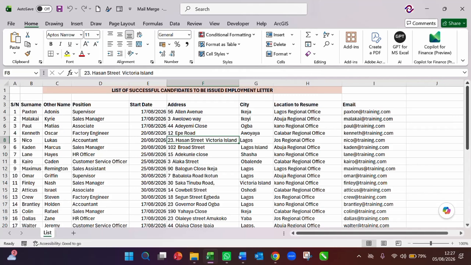What do I mean? If you are working in the office and you want to print a letter to about 500, 200 participants or staff, then you don't have to start wasting time doing it one by one. So Mail Merge is a tool you need to run out all the letters. Now, in creating Mail Merge, there are two files involved. Number one is your data source file, which is a file that